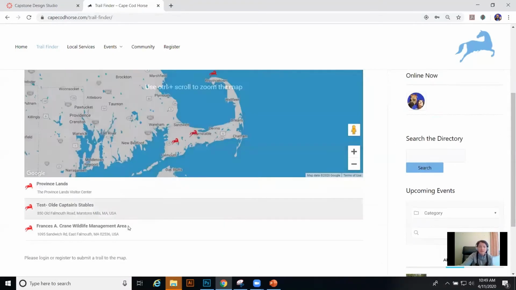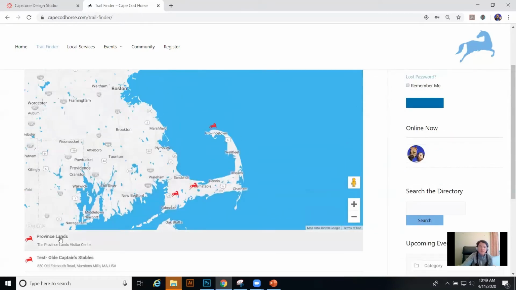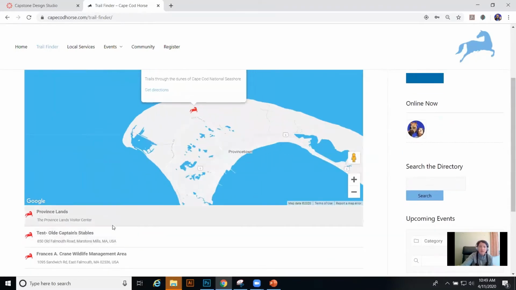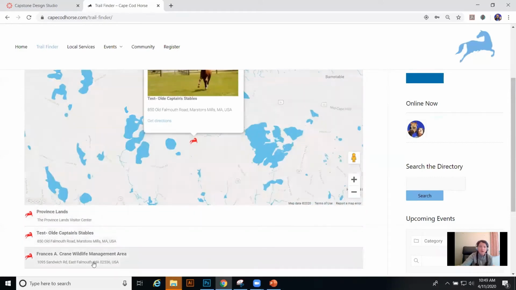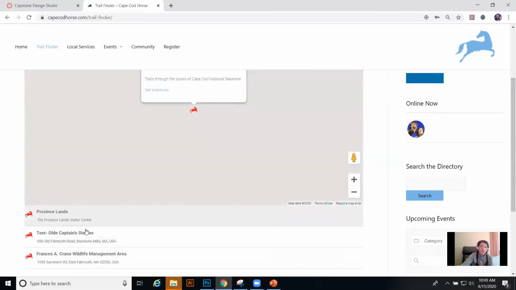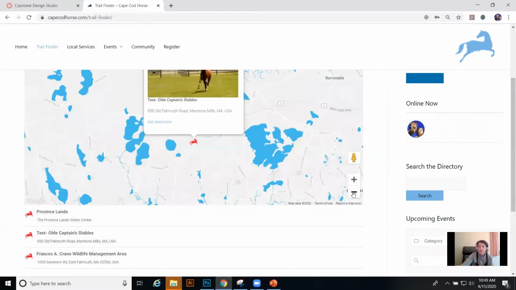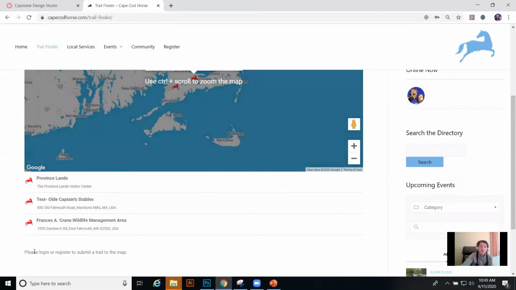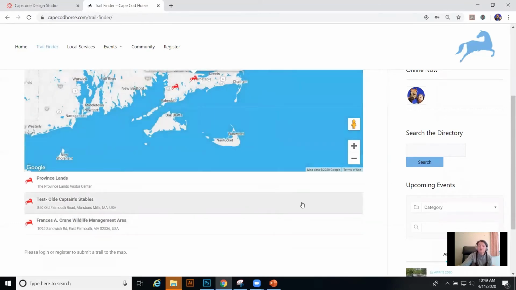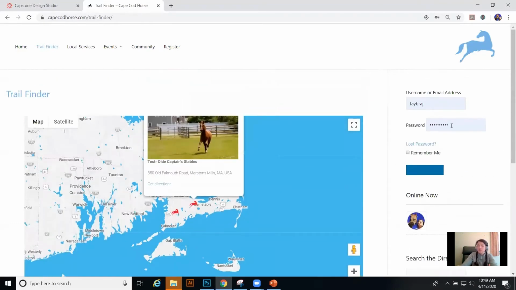Down here, there's a list as well of the different trails. I'll probably go ahead in the future and create individual pages for them as well so that people can leave comments and reviews. But as of right now, they can just click through and see the different trails that way as well. And then if they scroll down, it says, please log in or register to submit a trail to the map. So they could just go right up here,